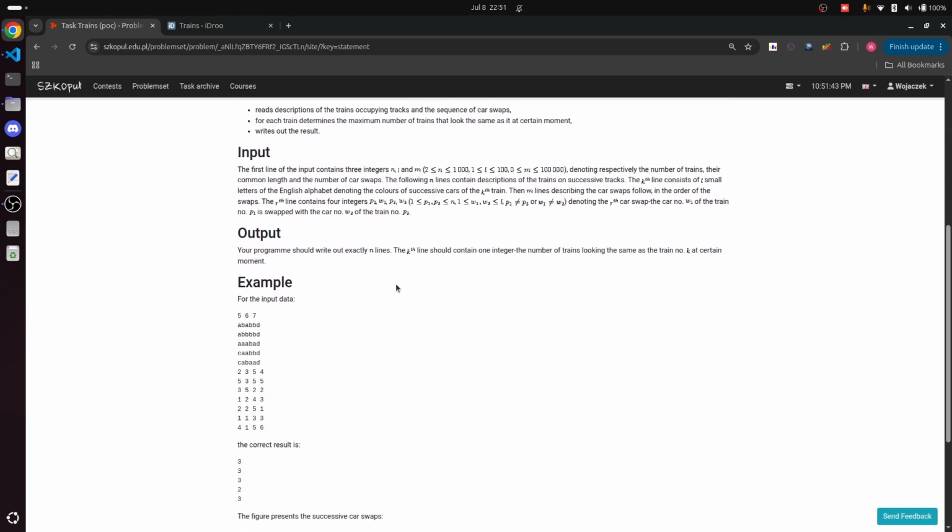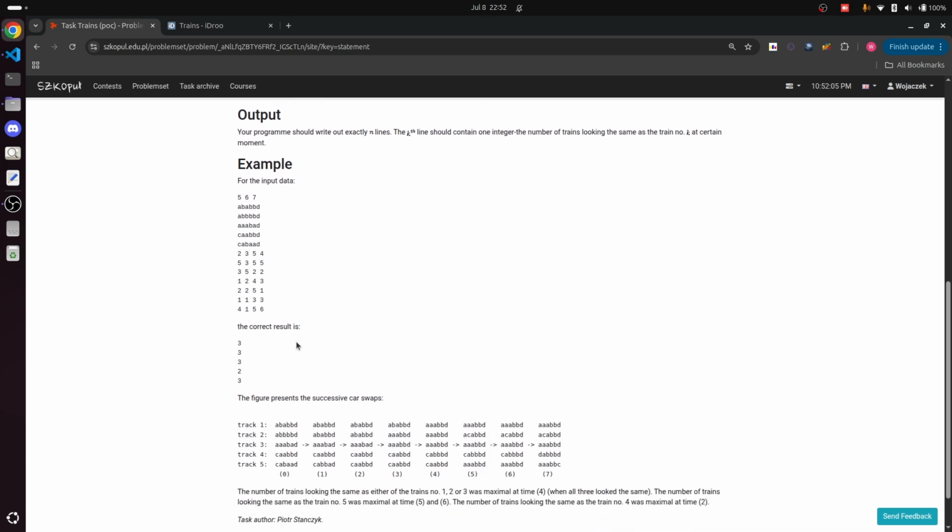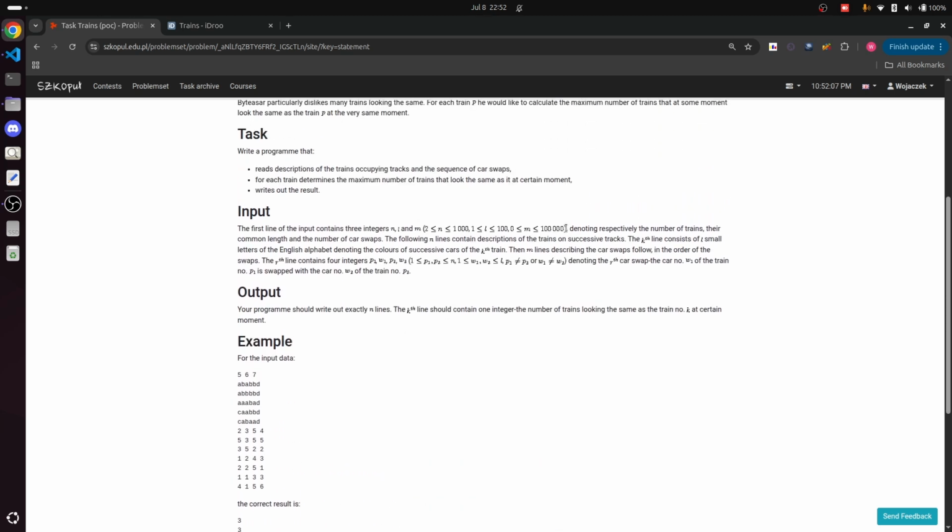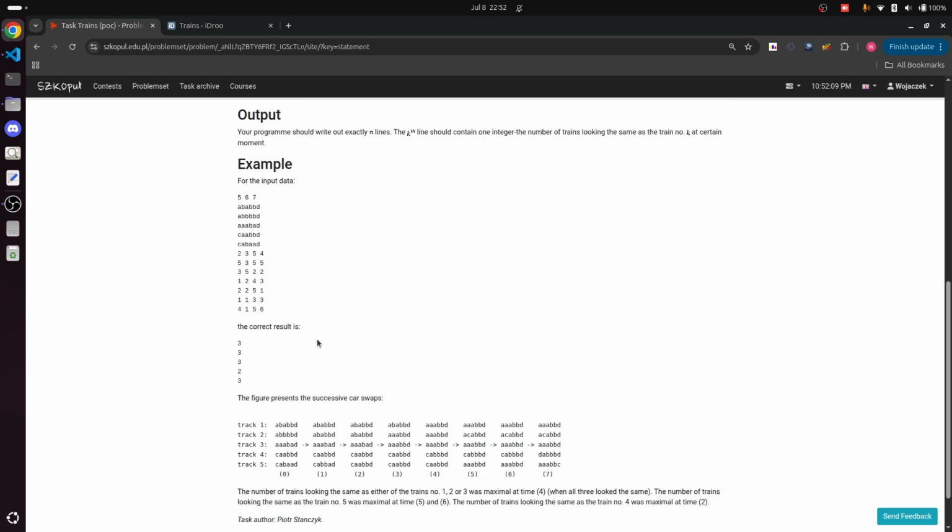So what do we have? We have n trains, where n is less or equal to 1000. Every train has length L, which is less or equal to 100. And we have m queries, and m is less or equal to 10,000,000. And what is our goal? And what are these updates? In each update, we choose a letter from the